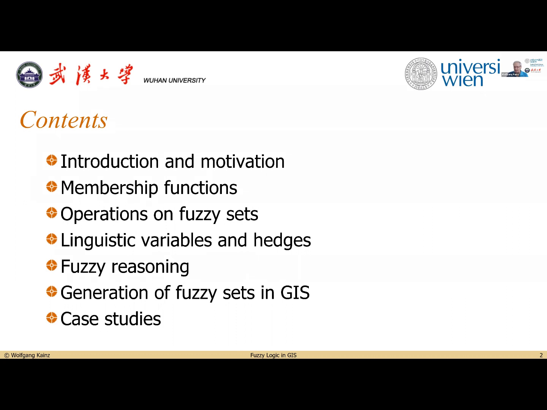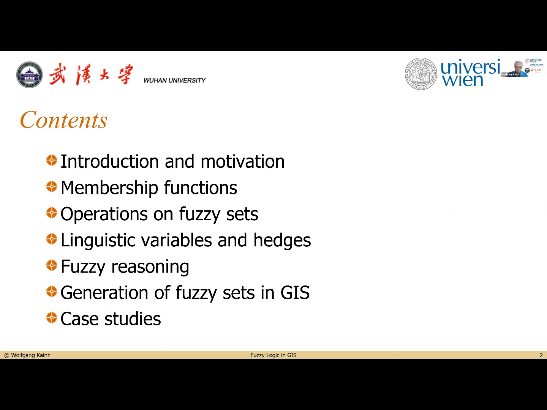Just as an idea, what I mean with that is, if we, for example, say we are looking for a very steep slope, then this would be a value of a linguistic variable. The linguistic variable would be slope, and steep would be a value, and very would be a so-called hedge or a modifier. So very steep, how we can express these things in GIS